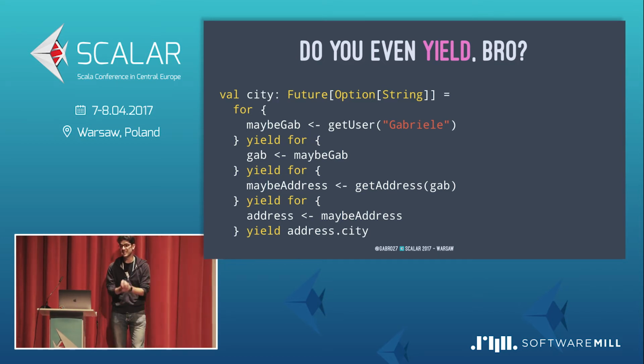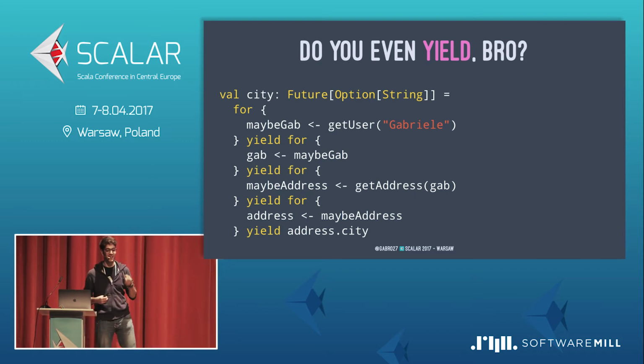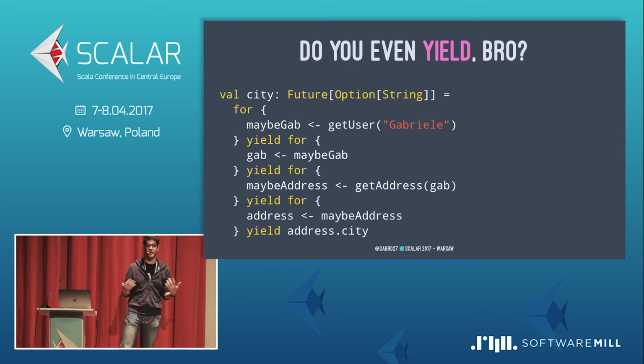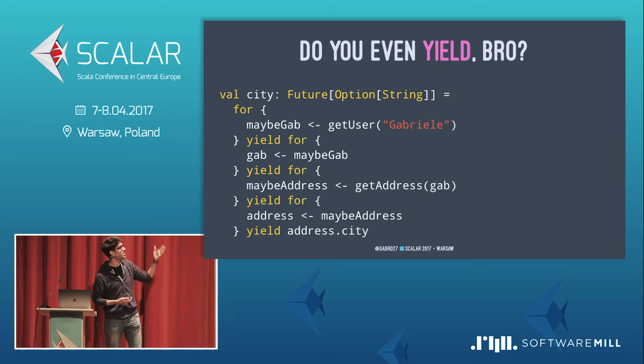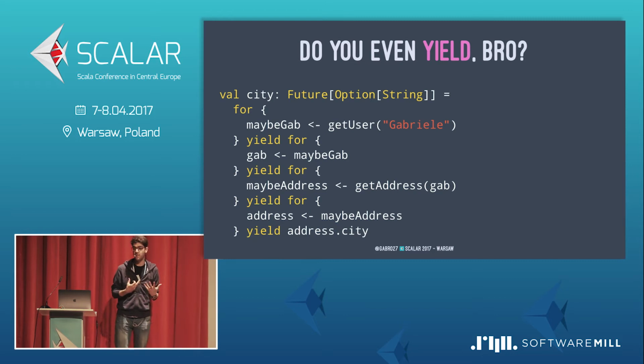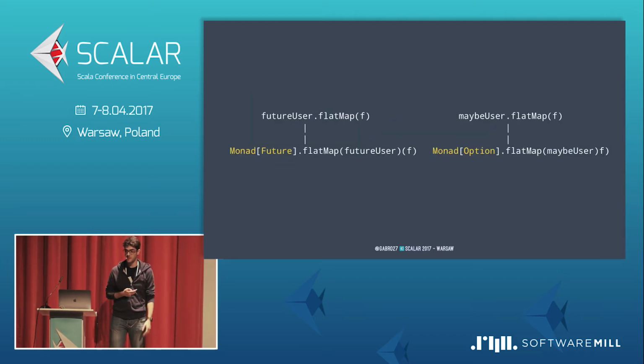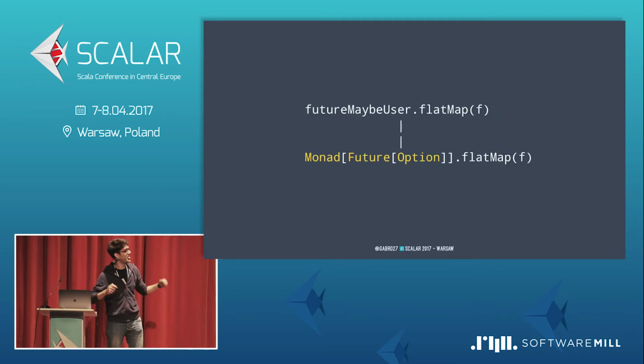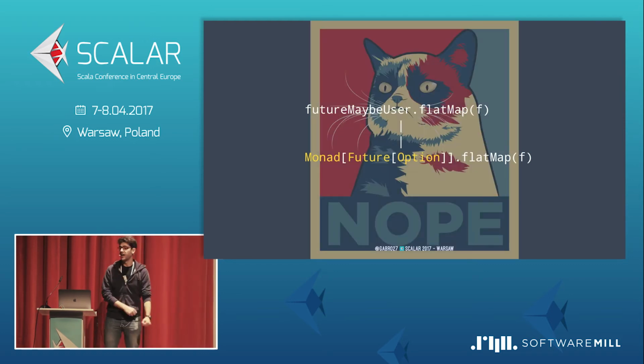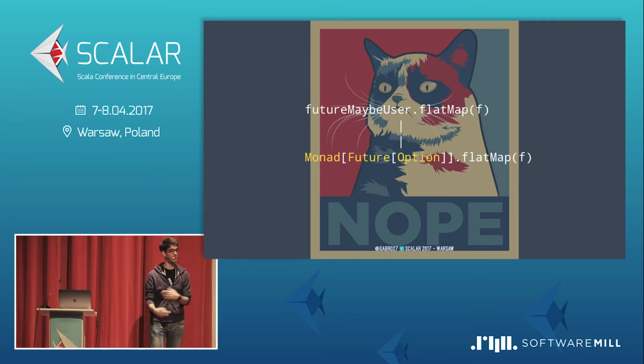So, we've learned something before, that you could actually take a map of something and a map of something else, combine the two capabilities, and get superpowers by combining them, and get a super map function that can map over a composition of the things. Essentially, we're doing the same thing here. What we want is a flatMap that can map over a future of options of something. Not just future, not just options, we can merge them together, right? Something like this. This is the same example as before. I can flatMap over a future, I can flatMap over an option, just mix them together, and we're done. No, sorry. You cannot do that,